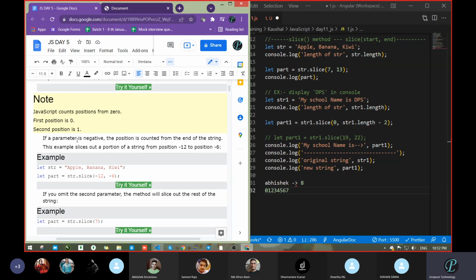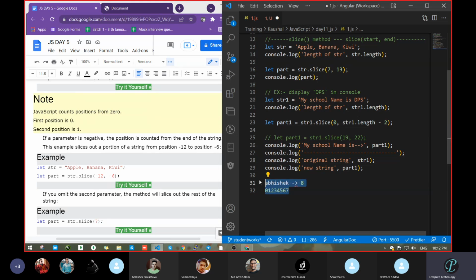If a parameter is negative, the position is counted from the end of the string. Now the position was counted from where? From start to end. Yeah.